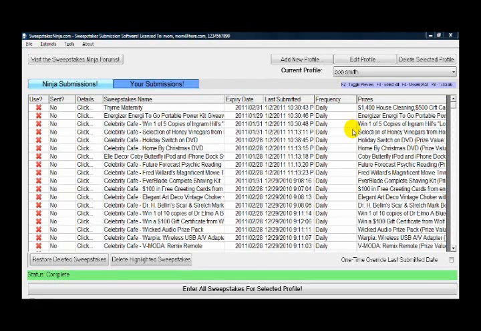In this video I'm going to be showing you how to use the Your Submissions component of the Sweepstakes Ninja. The Your Submissions component allows you to add your own sweepstakes and have the software figure out what form fields should be filled in, and then all you do is verify the information is correct and click on the Submit button. What's even better is in some cases the software can actually also figure out what the Submit button is,